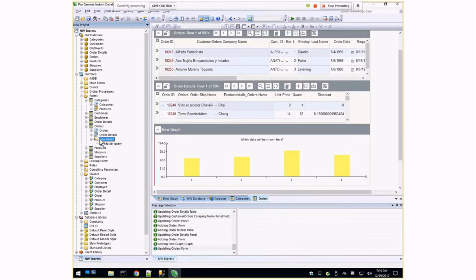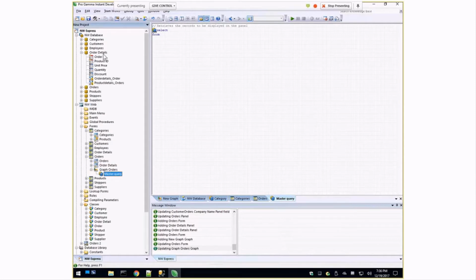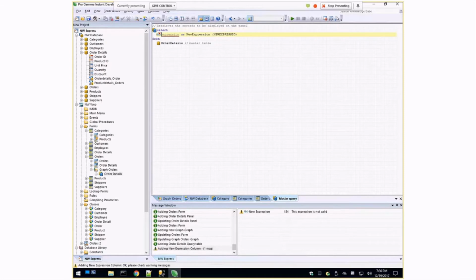Okay, so we've got a graph. Let's give it a name. We'll call it graph orders. And it's got a master query right here, which is the data we're going to use for the graph. So we're just going to chart order details, child of orders. Let's do something from that. So I'm just going to drag that table over there,